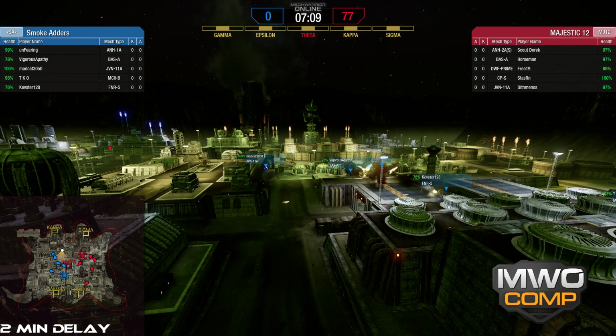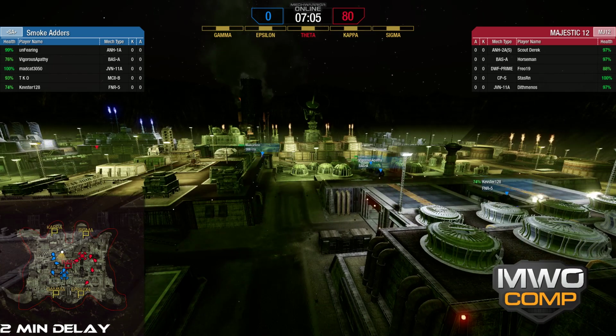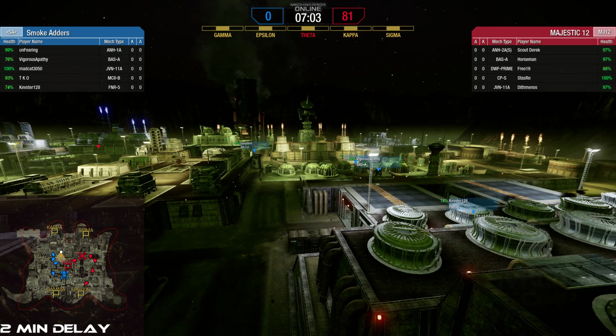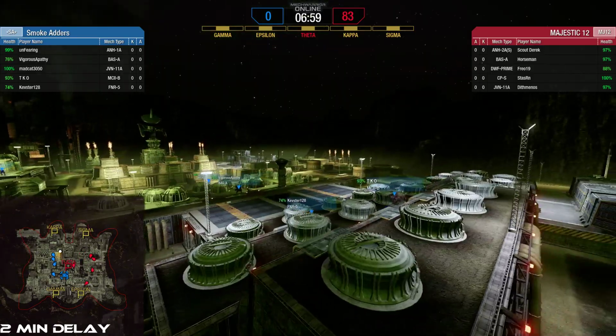Kevster just cannot get a trade, murdered out here. Drop down too. There he goes. Down to 74%. Don't know if Lost is trying to touch Timber Vigorous as well, but